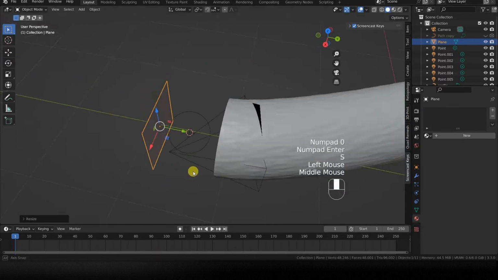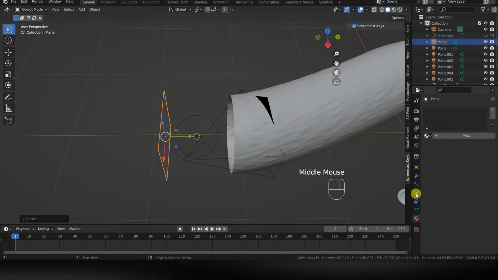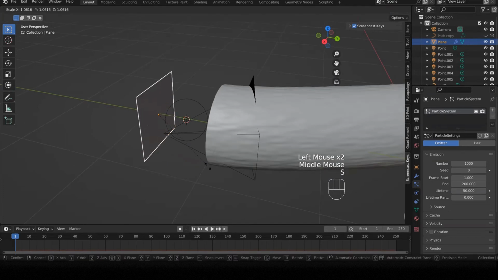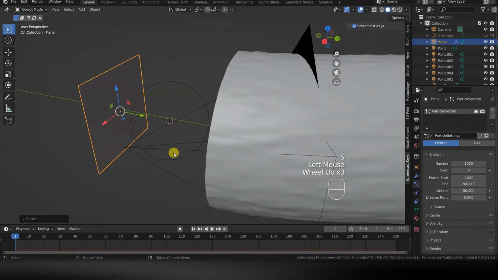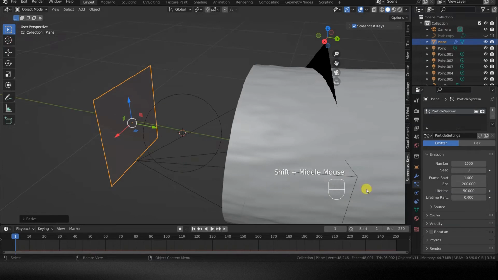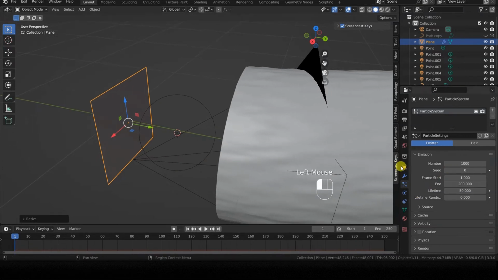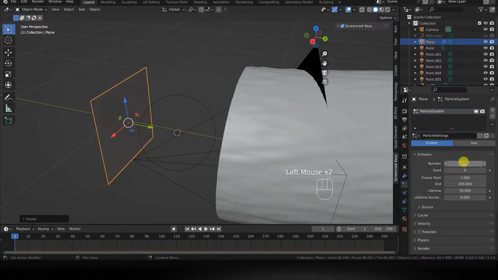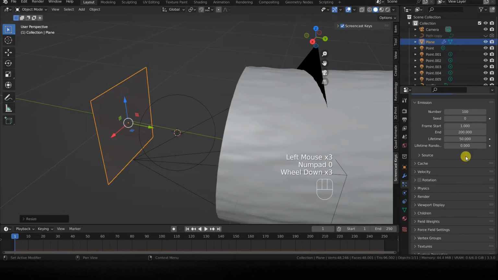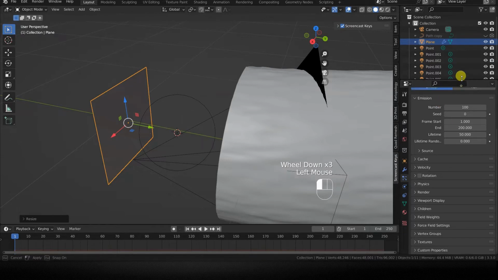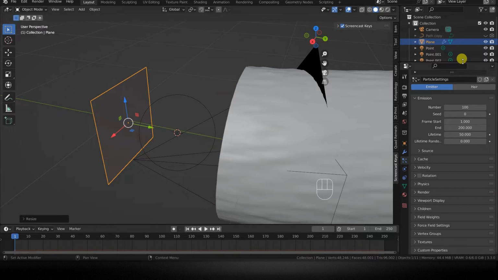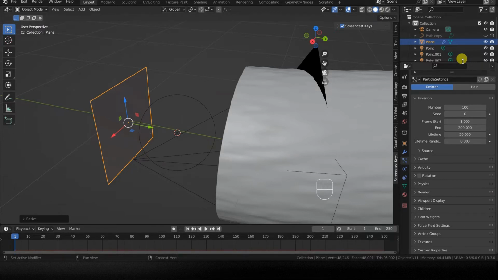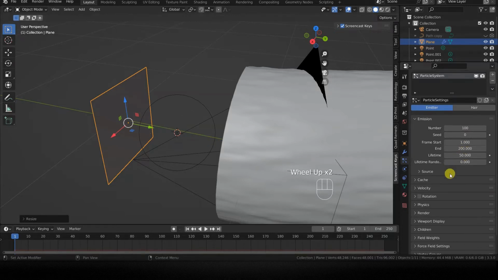To associate a particle system with the newly created plane, open the Particle Properties tab of the object and click on the plus button. By default, the newly created particle system will be of the emitter type, which is what we need. We don't want to create too many particles, but we want to make sure they are copies of the red blood cell prototype, have random rotation, are emitted throughout the animation's duration, and are present until the animation's end. The latter point needs clarification because, as we will see, particles have a lifespan that we will set accordingly.